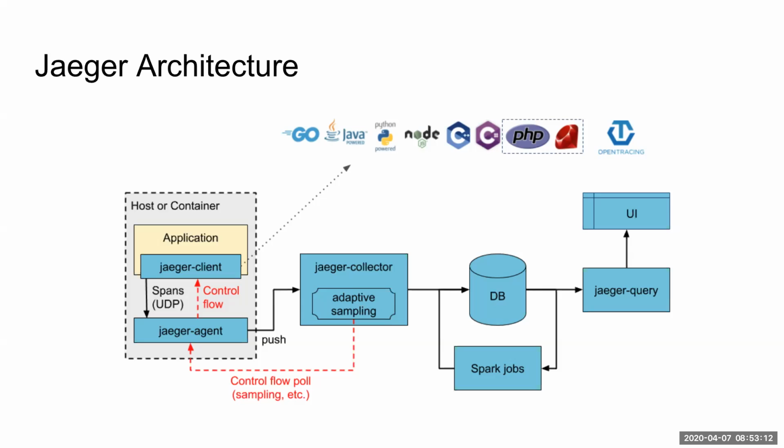And on the right-hand side, there's a portal, the UI, and a component called Jaeger query. Jaeger query will get the data from the database and provide a basic portal for you. They also provide some service API here. If you don't want to use their portal and you want to set up your own portal, they provide gRPC or HTTP for you. You can set up your own portal, or you can use another internal program to retrieve the data and do some monitoring or alerting.